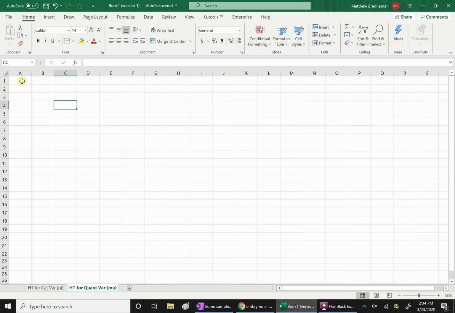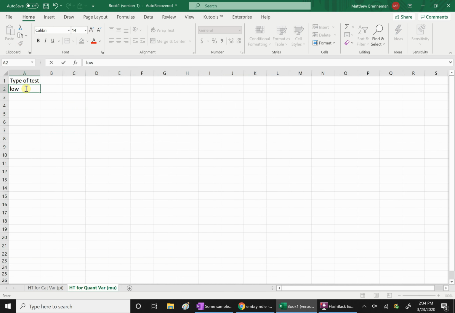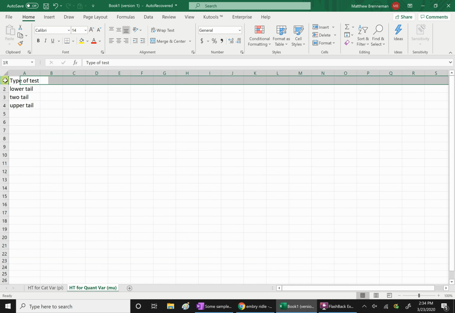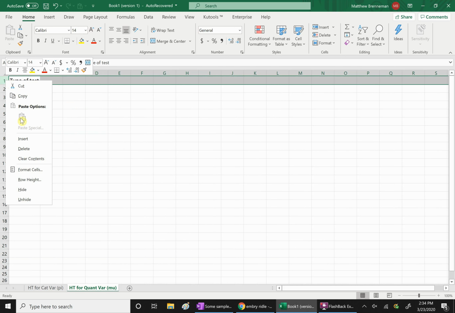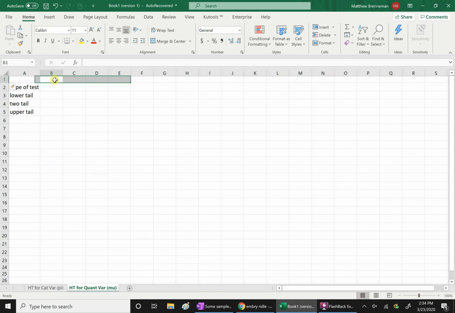Let's think about all the things that we need. Well, we're going to think about the type of test, right? We know that there's going to be a lower tail, a two-tailed, and an upper tail. Okay? And then the input, if we think about the input here,